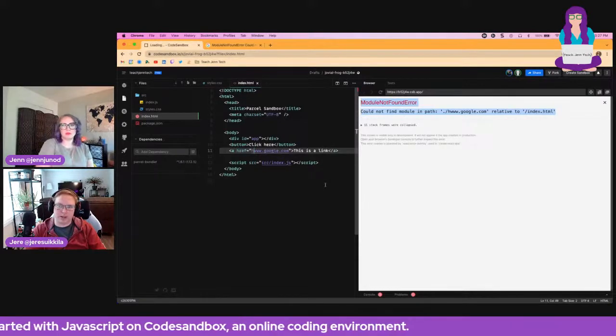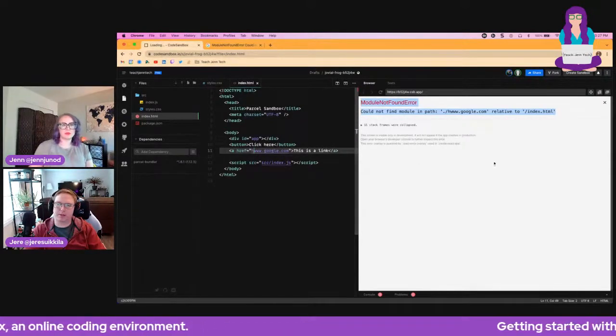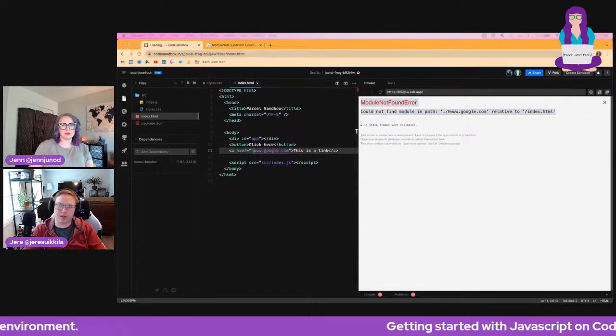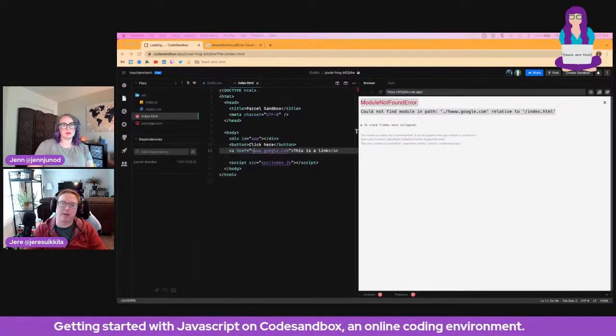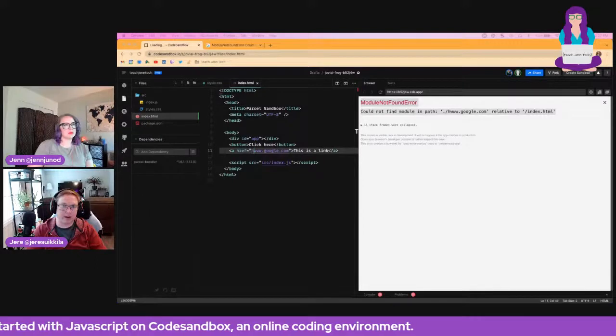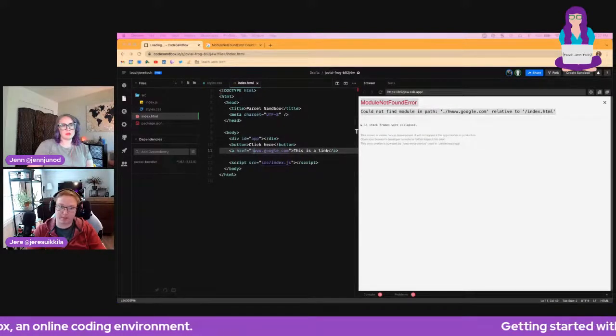The reason I realized what was going on was because it should not be looking for a module path, and it's looking for something relative to index.html. So I realized that it's trying to find a relative path from our current file.